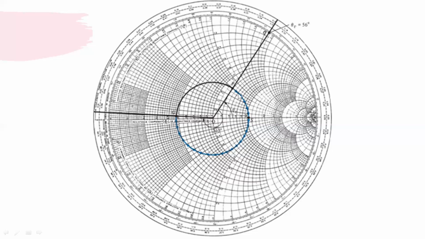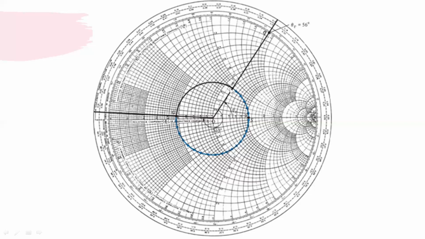On the S circle, from point P, you move 240 degrees and mark a point G. Extending a line from the outer periphery to the center origin, at point G you identify the values of R and X. These are normalized values, so to get the actual values you multiply with the characteristic impedance. The given characteristic impedance is 50 ohms. Then you get Z in equal to 23.5 plus j 1.75 ohms.